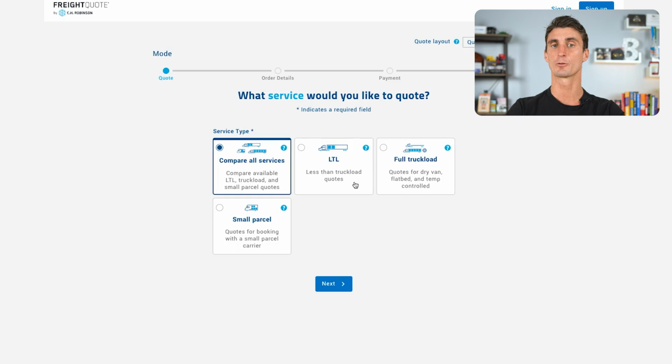Now, if you're new to this, you're probably going to be choosing LTL. LTL stands for less than truckload. Oftentimes your manufacturer will pack your products onto pallets, and a pallet takes less than a full truckload, so you would click LTL. Now, on the other hand, if it's just a small box, you can click on small parcel,